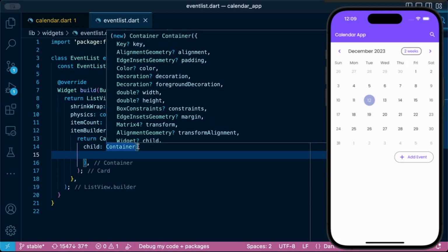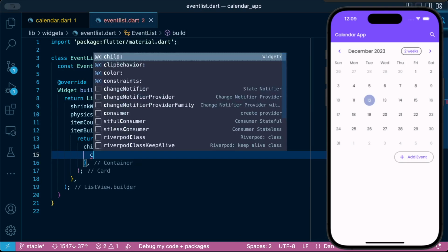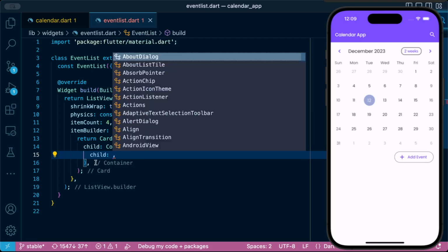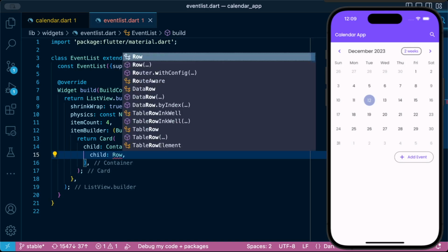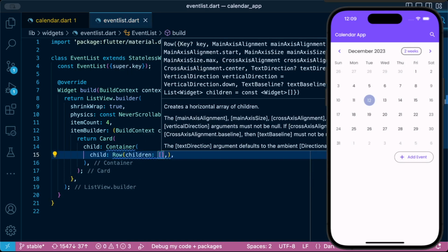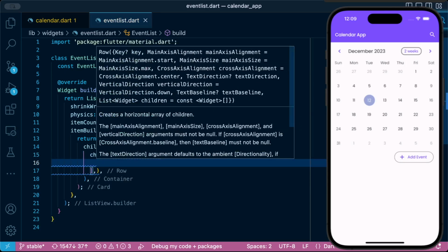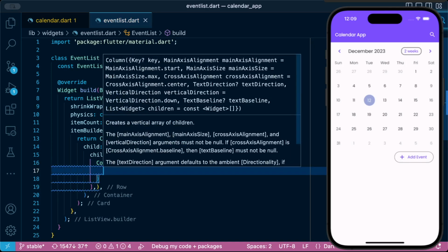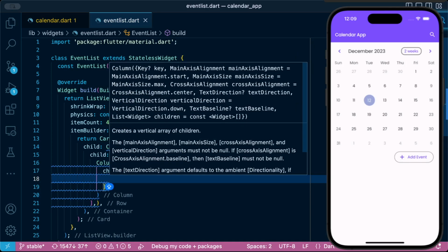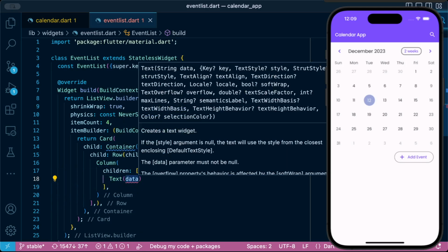So I'll just have a container, and then for the container we'll have a child which will be a row. We'll be aligning items horizontally. So the first thing that we're going to have, we want to display the day. Let's do that. So we'll need a column inside here. So we're going to need the text date